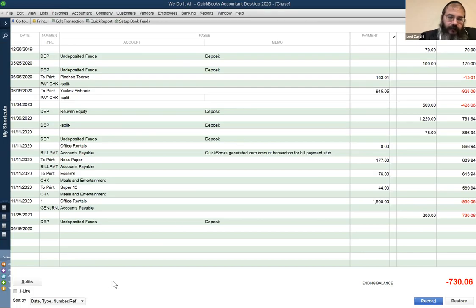So at the end, I'll have one check for Tadros, and you'll have one check for Tadros. I'll have one check for Fishbein, you'll have one check for Fishbein, and then we'll be even. I don't care so much right now about the dates. That's immaterial right now. And you can also, by the way, create a third account, which is weekly payroll. You have some people that are paid weekly and biweekly, and you can have some employees linked to weekly payroll, some linked to biweekly payroll. But again,